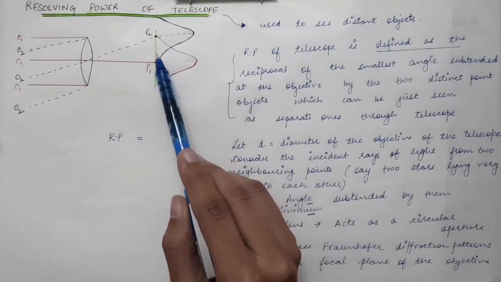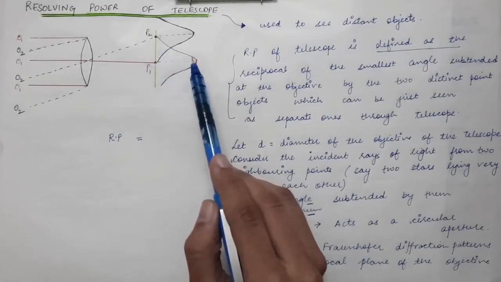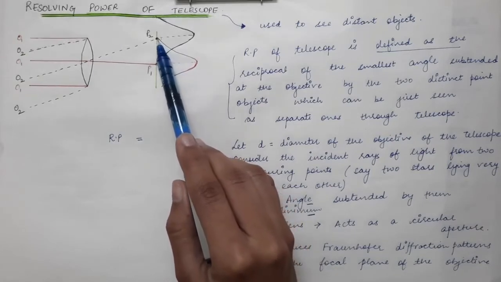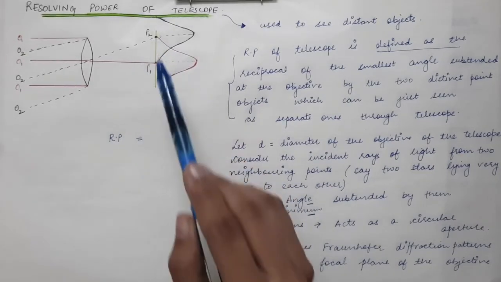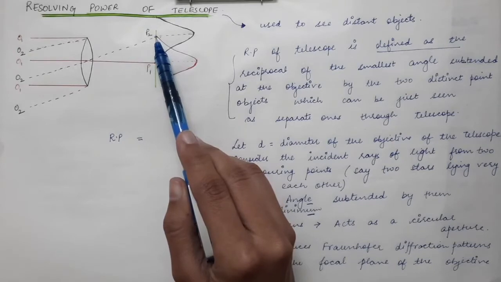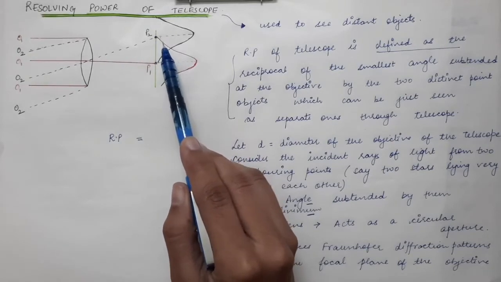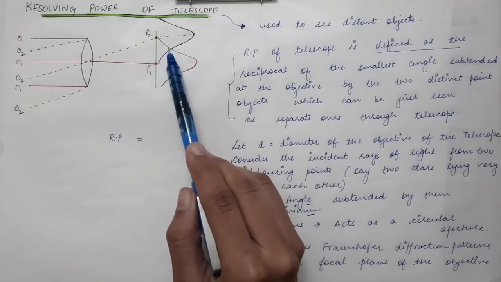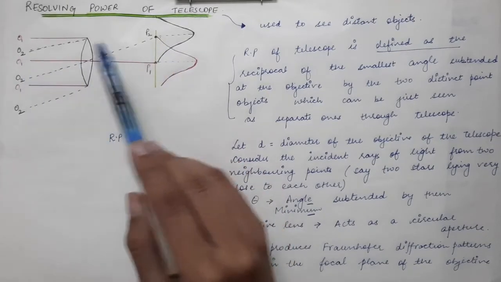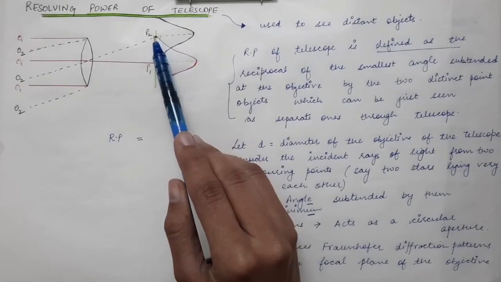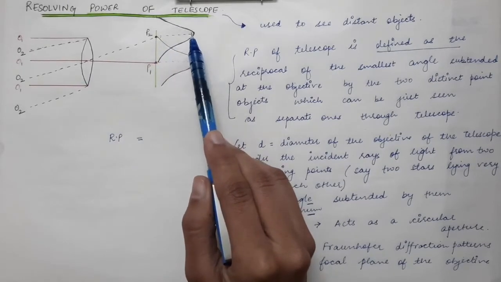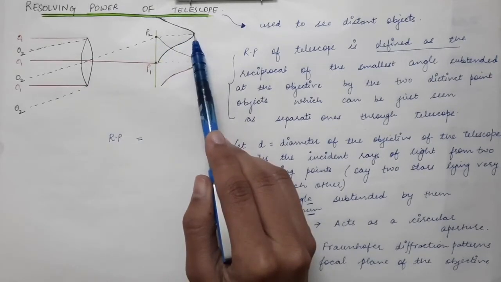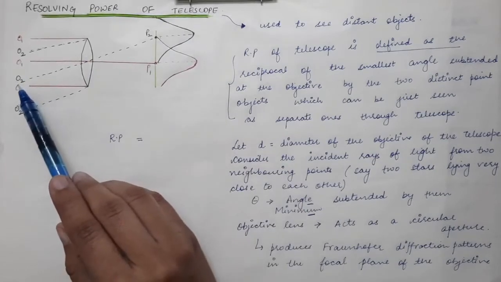And after that, on either side of P1, you can see the intensity decreases and then it goes to 0. And you can also see that at this P2 point, we have a minimum for the case of the O1 object, but at this same point P2 we have a maximum in the diffraction pattern which is formed by the O2 object.